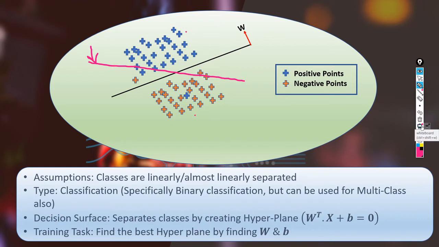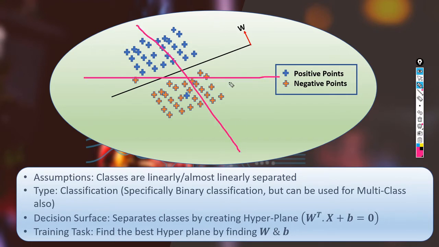In terms of that, you can say, there could be many planes, right? There could be a plane like this, there could be a plane like this. Any plane that is separating both the positive class and negative class by some means. But we have to find the best hyperplane that actually reduces the classification error. So in our case, by visualization, we can see that this is the best hyperplane, where the classification error is minimized and the classification accuracy is maximized.